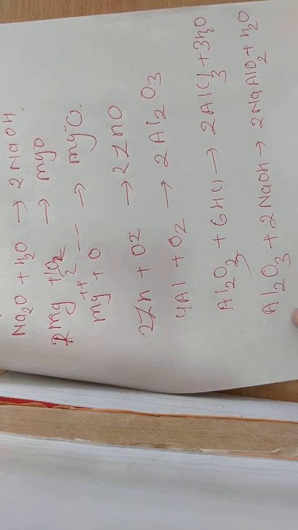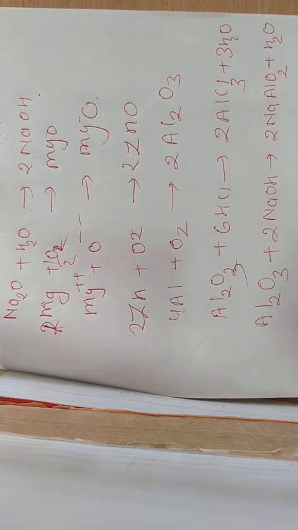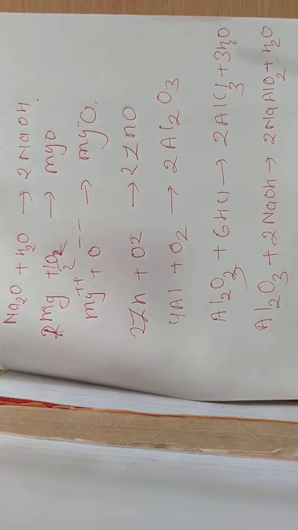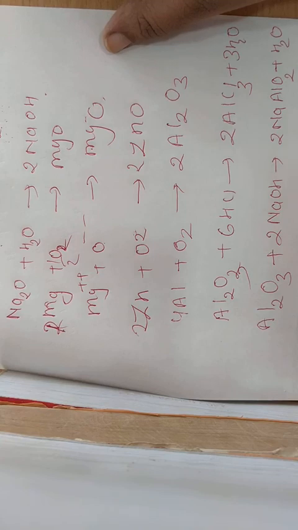So you know that mostly all metals, not every one, react with oxygen or air. Some metals form an oxide, and that oxide layer covers the metal, in the case of sodium, magnesium, zinc and aluminium. Some questions you have to prepare: why are metals not left open in air? This I have already told you: because of their high reactivity. So make all these questions. We will continue in the next class. Okay, thank you.